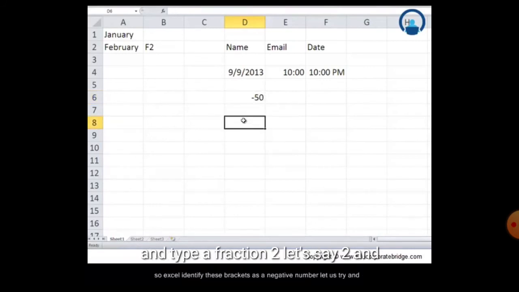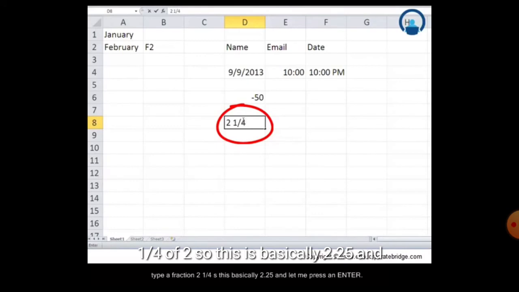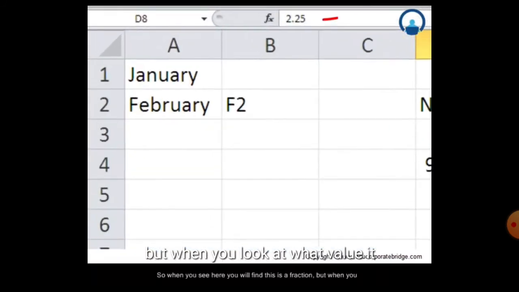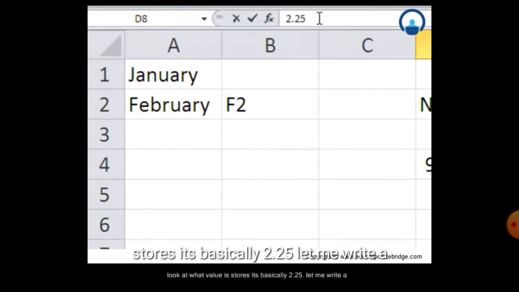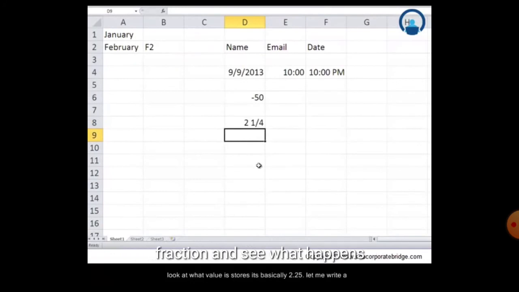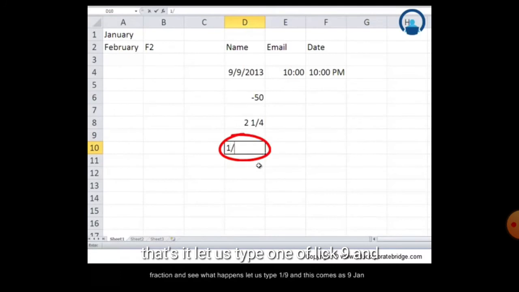And this way we write 2 2 1 upon 4, which as we know is 2.25. When we press enter, Excel understands the value of 2 1/4 as 2.25. So Excel understands the format of data types.